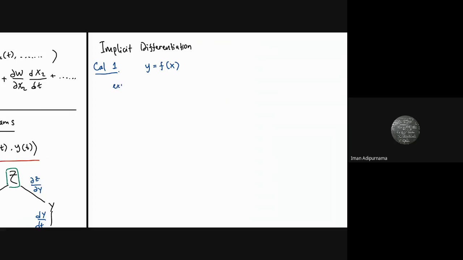For example, y cubed plus y squared, just making up the equation, plus 3 constant. If you want to find dy dx,